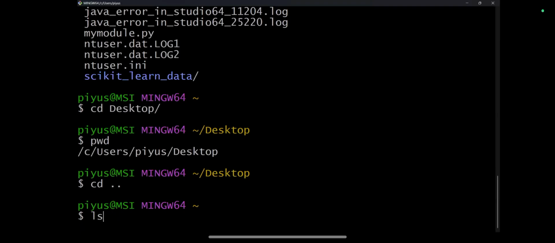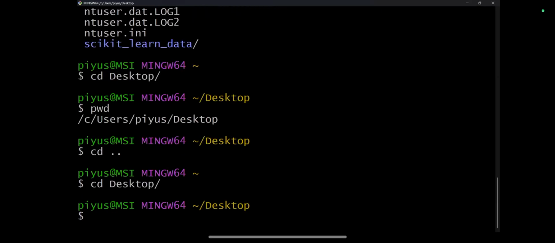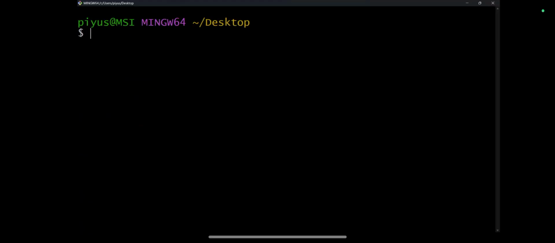And if you want to see what commands you have used, you can use the up arrow key and down arrow key to see all these things. I want to be on desktop only as of now. So I have selected this. I'm on desktop right now. For clearing the screen, you can use clear. Fine. So my present working directory is desktop. What I want to do is clone my Git repository that I have over here.